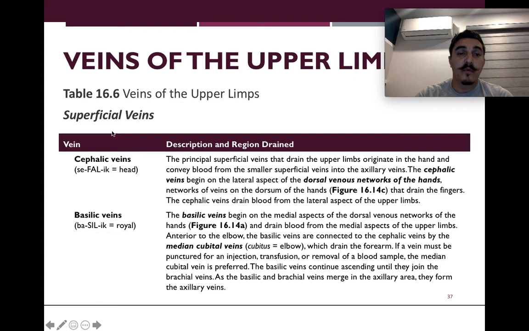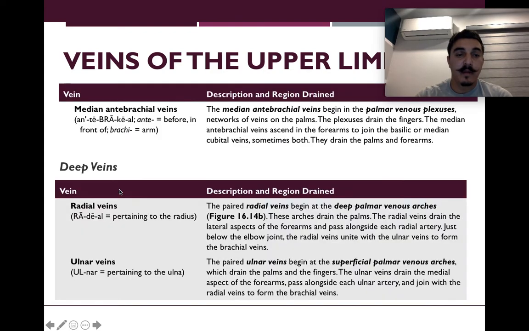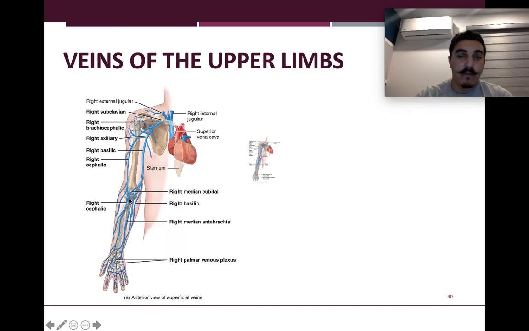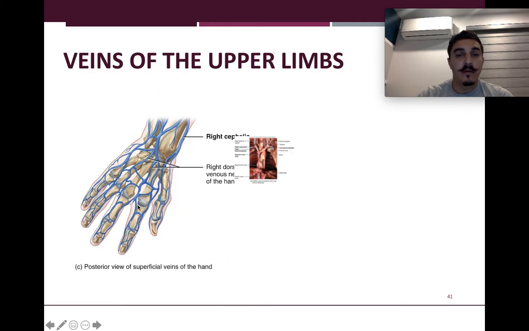These are more superficial veins: the cephalic veins, basilic veins, median antebrachial, and then we have some deeper veins like the radial and the ulnar. So here we have a little more superficial, cephalic, basilic in here, antebrachial, palmar. Okay, here in the hand,